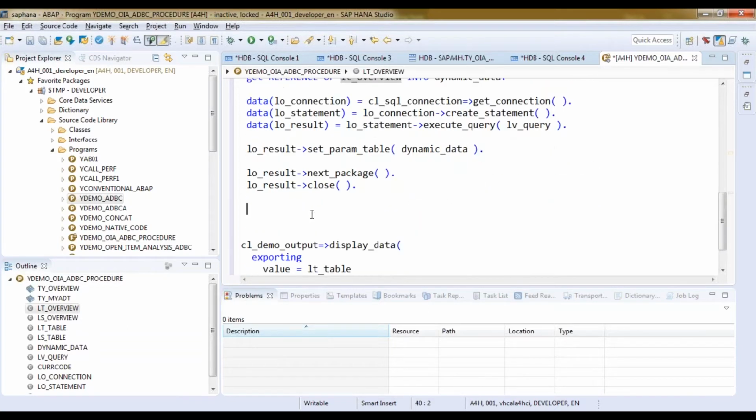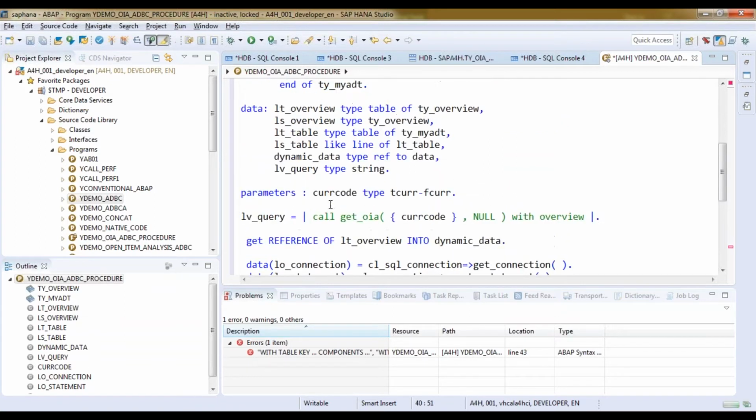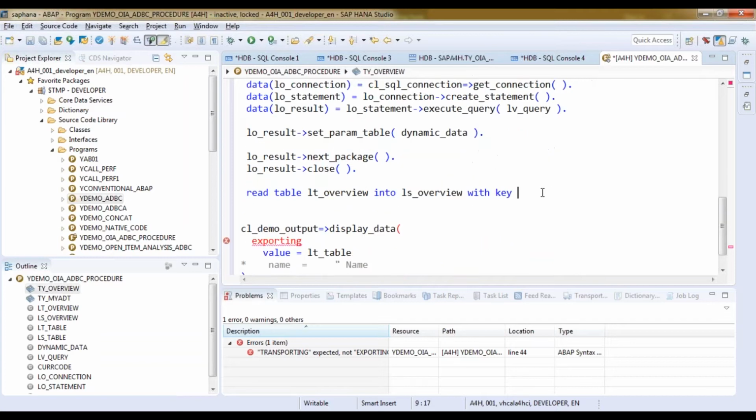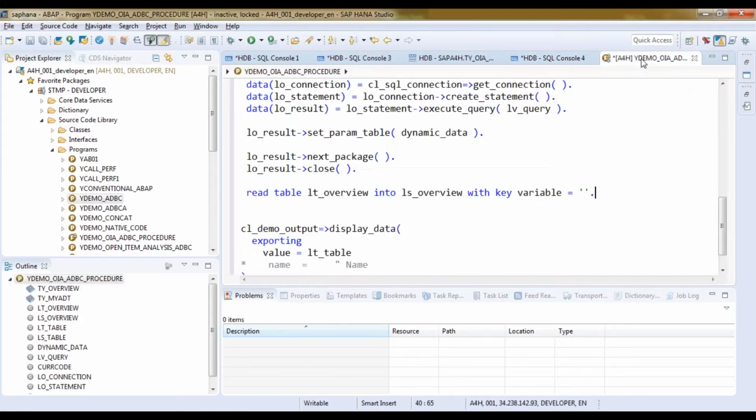Now you will say read table LT overview into ls overview with key, and your parameter name, your variable name, is var underscore out. In this, there is a parameter called var underscore out, and in front of that, you will get the temporary table name which is created in HANA.